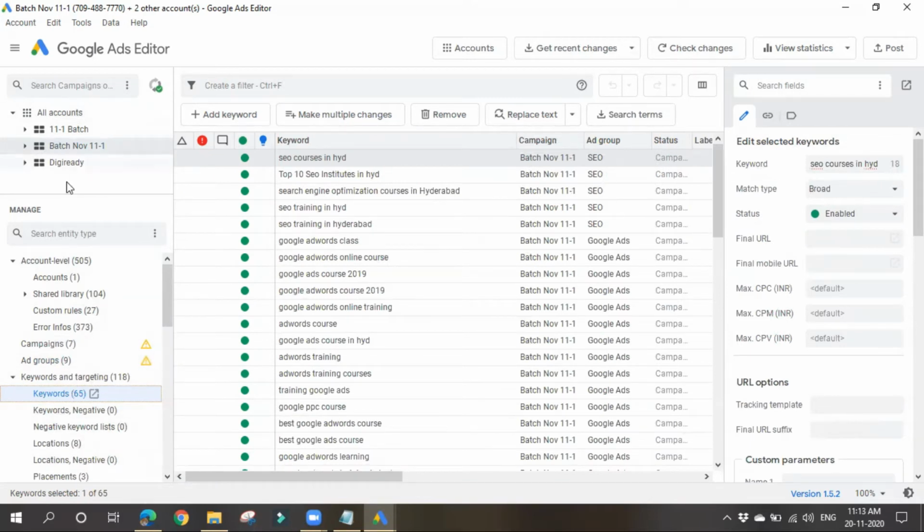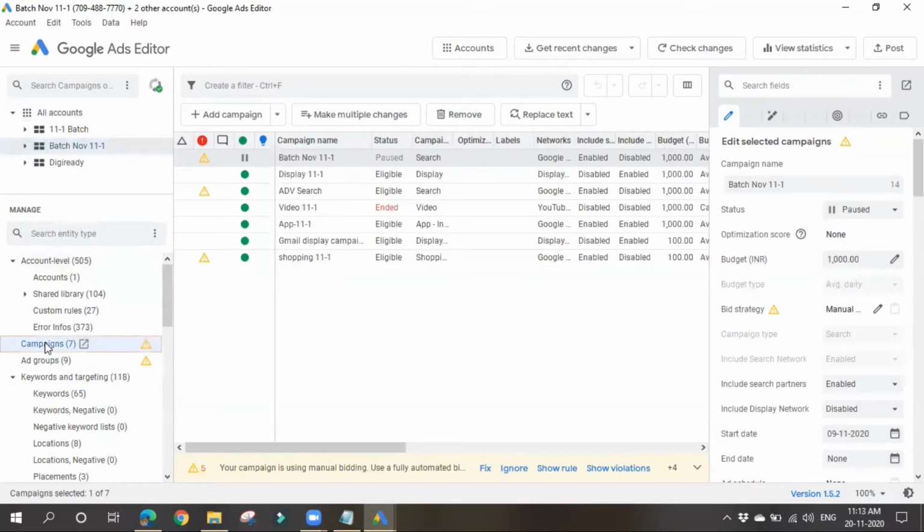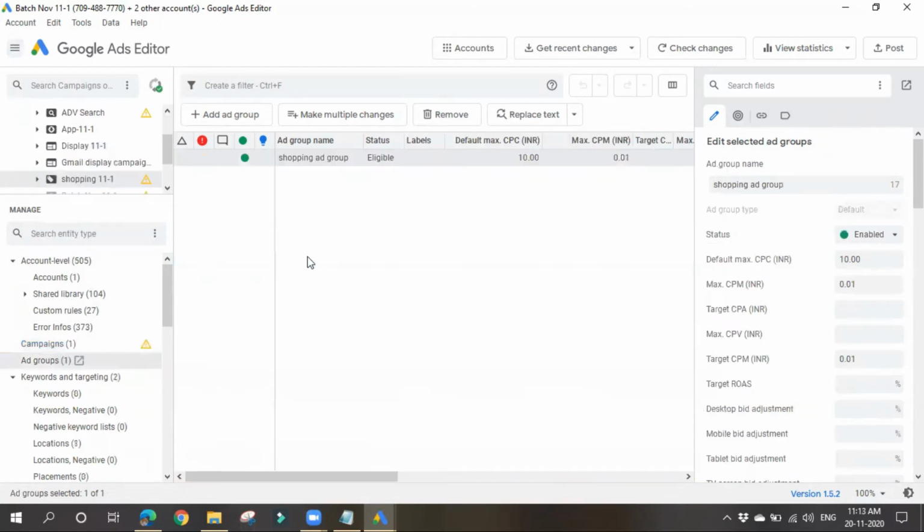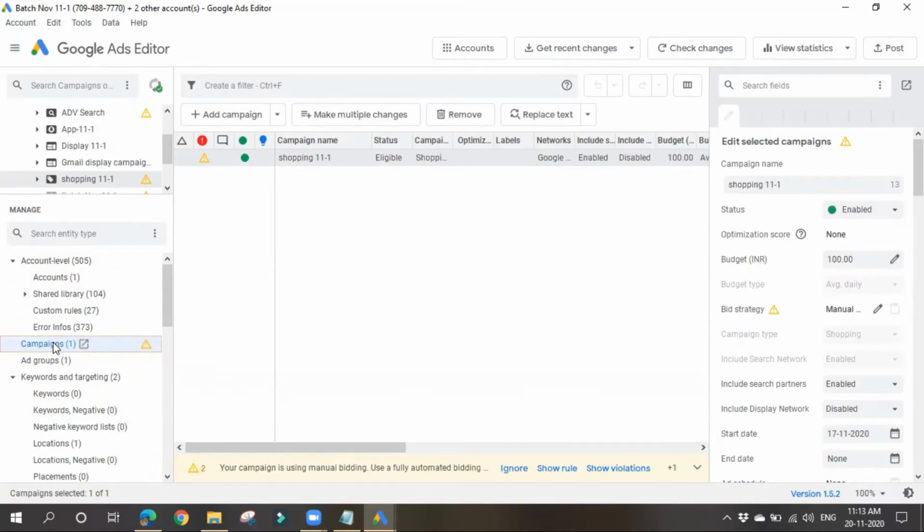Let me go for campaigns. I want campaigns in this particular account, so I have selected the account name here and then campaigns here. Now you can select whichever campaign you want. If you double click here, you can see the ad groups present in it. Now let me go to campaigns.